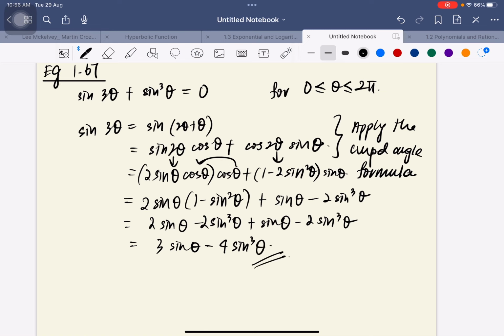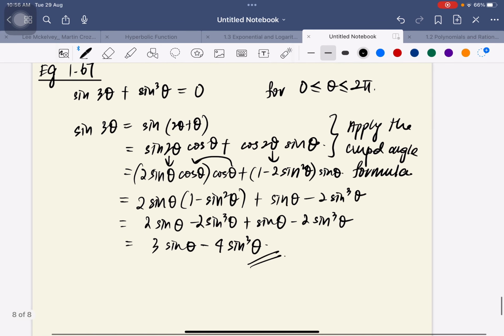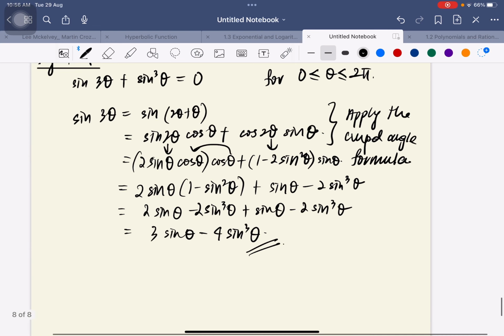So this is how we find the formula, because I don't memorize the formula for sin 3 theta. There are way too many formulas for us to memorize. But for sin 2 theta, cos 2 theta and so on, it's easier for us to memorize because you have already been using them since Form 4, Form 5, your SPM level. But sin 3 theta, we are not going to memorize it. So don't memorize it. Just prove it. Okay, so with this, I get the formula for sin 3 theta,